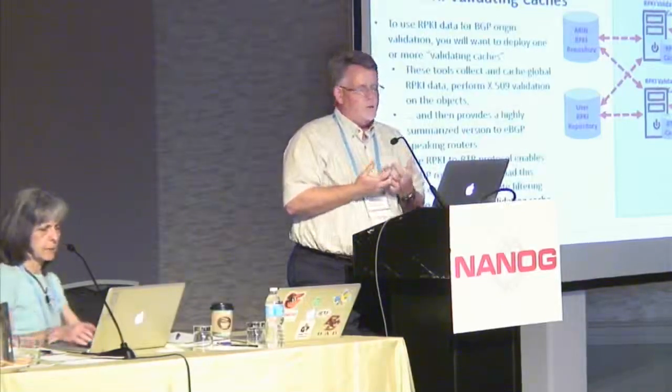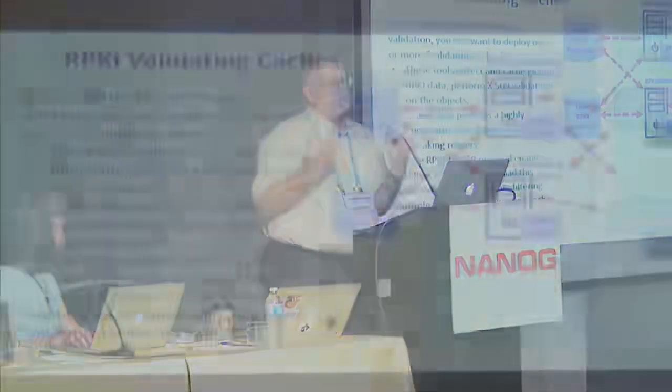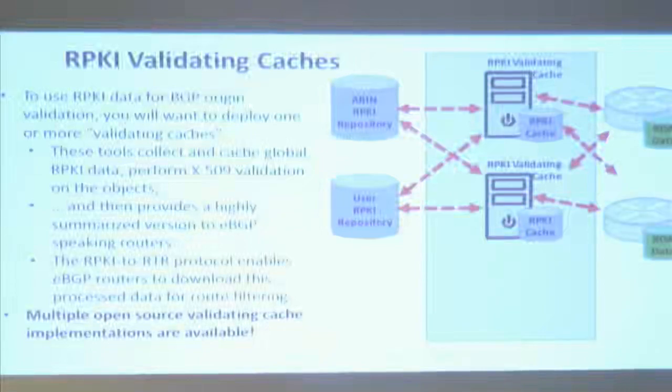There's a few protocols involved in this space, so synchronizing the objects from the global repositories. Traditionally, the original model was using rsync, and it's the model that's still implemented out there, right? The rsync protocol to download the local caches from the global repositories. There's work going on in the IETF now to transition that to something called RRDP, the RPKI Repository Delta Protocol,